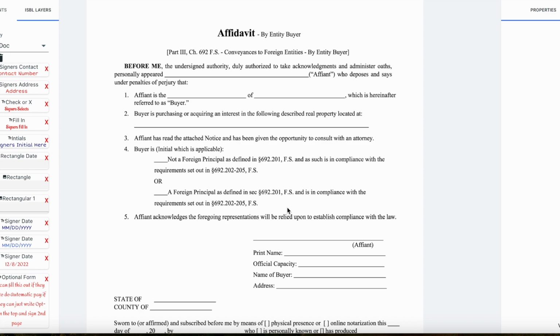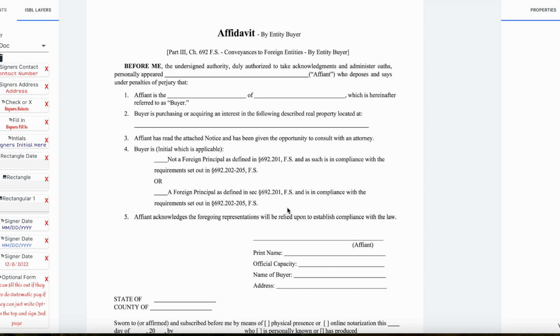If the property is being purchased by both an individual and an entity, for example, one individual and one corporation, then both affidavits should be filled out. The individual affidavit by the person and the entity affidavit by the authorized representative of the corporation. So sometimes when you get a packet, the person coming to you to get something signed may have both of these because they send the document out with both. The affidavit for individual buyer and the affidavit for entity buyer, and then you would have to notarize the correct documents.